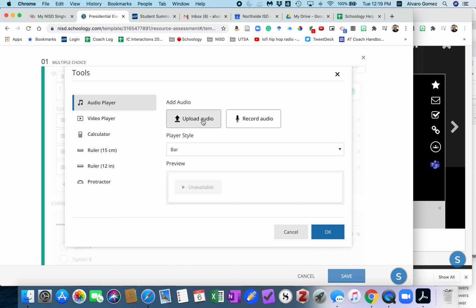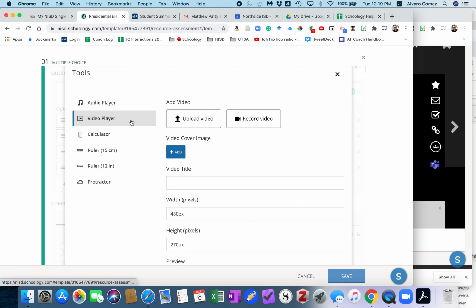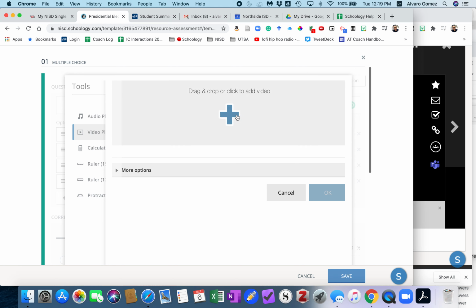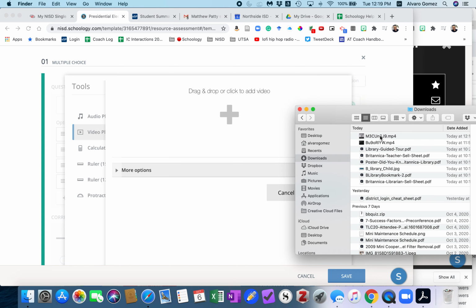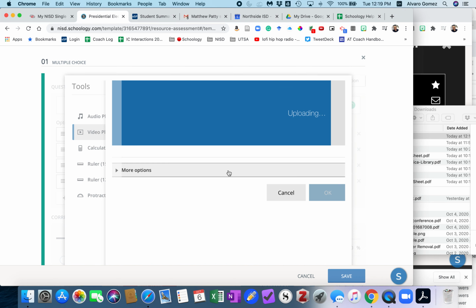Up here is where I have the option to upload audio. I can actually record audio too, or since we're looking at video, I'm going to click on the video player and I'm going to upload video. So you can actually record video too. So I'm going to click on that, and here's where I'm going to drag and drop my file. So I know it came into my downloads, and I think it was, oh, here it is. Okay, so it was this one right here. So I'm just going to drag the file, drop it, it's uploading,